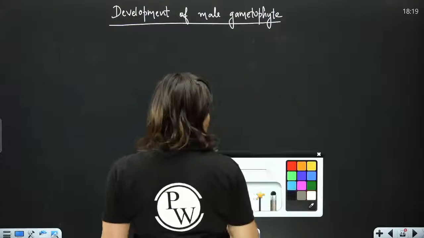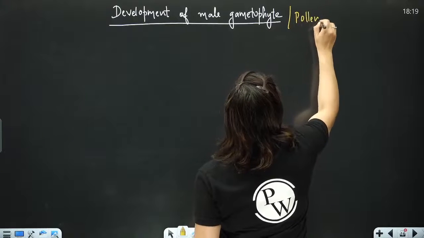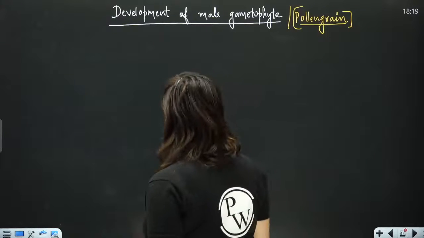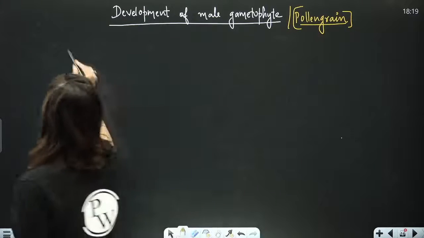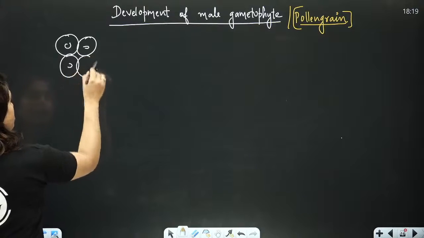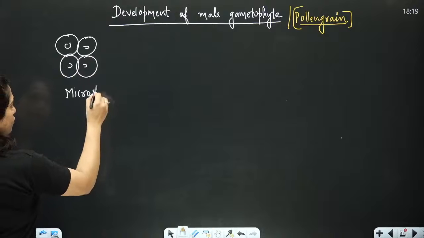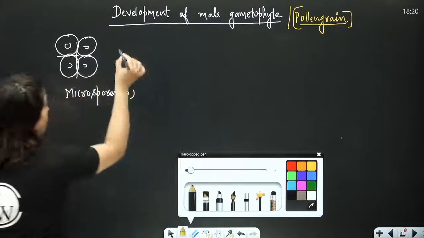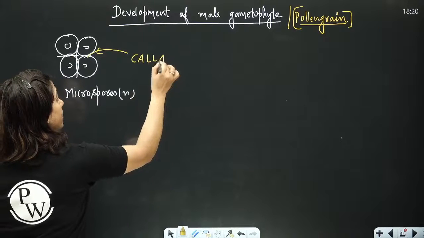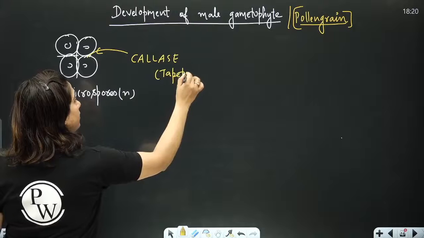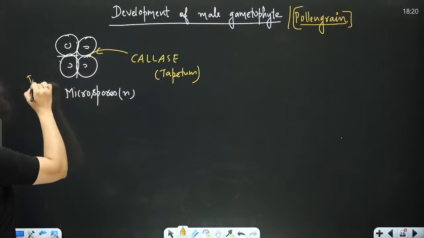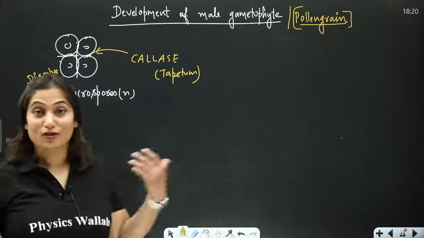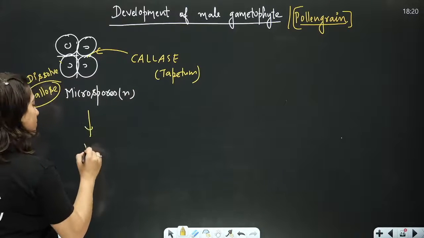Development of male gametophyte. And what is another name of male gametophyte? Pollen grain. Microspore will give rise to pollen grain, which is a male gametophyte. So what are the changes that will occur in the microspore? First of all, the 4 microspores are attached to each other because of the callose. Now there will be an enzyme which will come, and that enzyme is callase. And you know who has formed the enzyme callase? The layer tapetum. The callase enzyme will dissolve the callose,